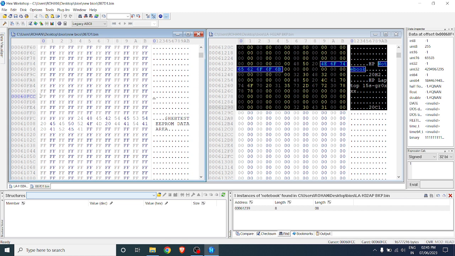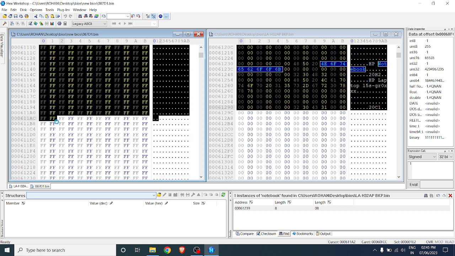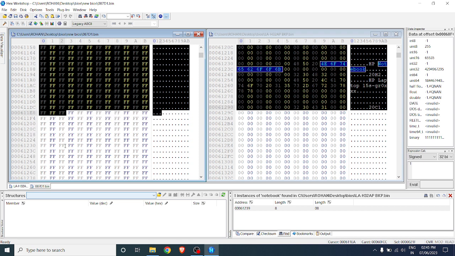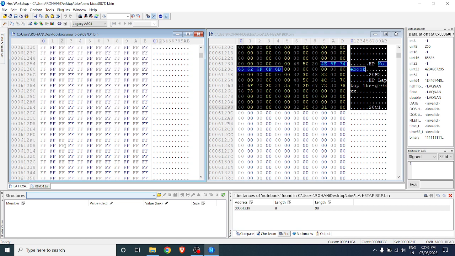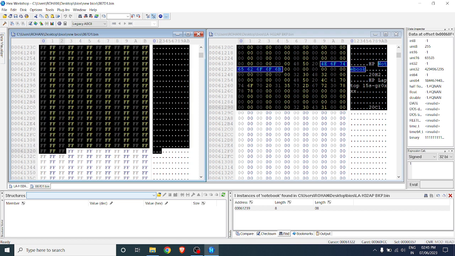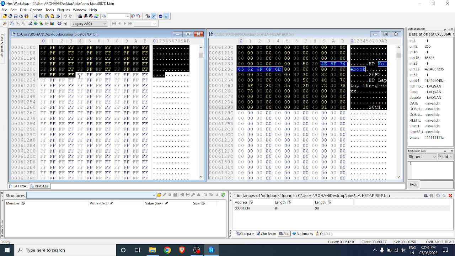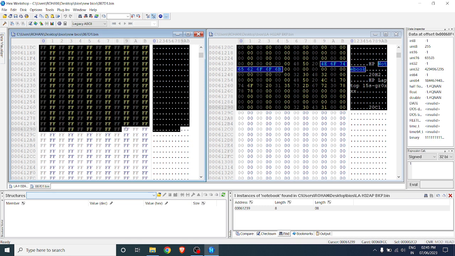Let me select from here. This is the memory offset 61290, and this is also 61290.